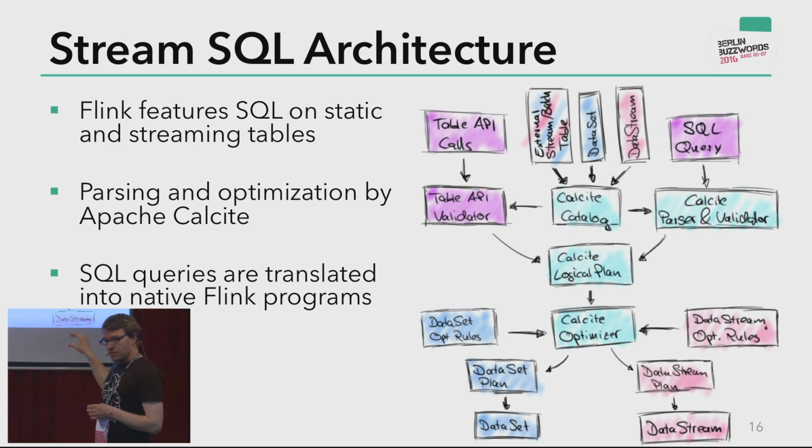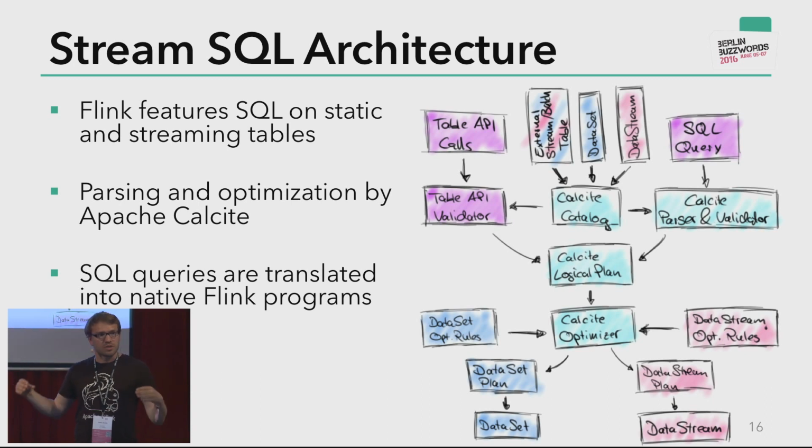It parses the SQL query, looks up the tables in the Calcite catalog, and then generates a logical plan. Whoever is familiar with query optimization, this is basically like a blueprint for a query optimizer. We then pass the logical plan to the Flink-side optimizer, and depending on whether the query will be executed on a stream or on a data set, so whether it's going to be analyzed as static data or streaming data,